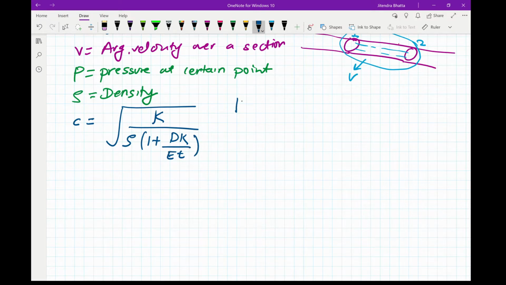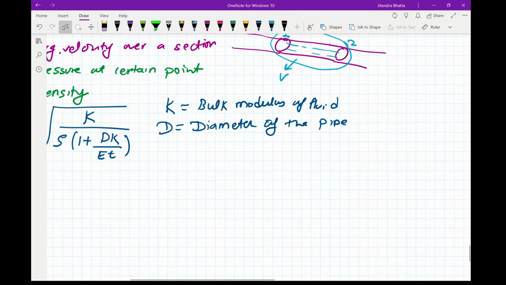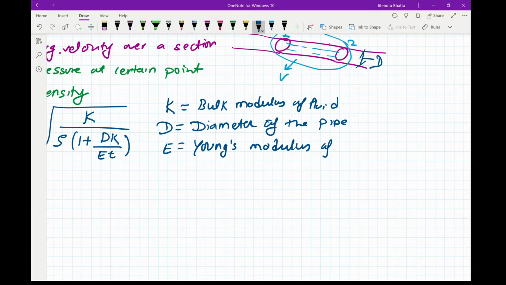where K is the bulk modulus of fluid, D is the diameter of the pipe, which is this diameter here, E is the Young's modulus of the pipe, and T is the thickness